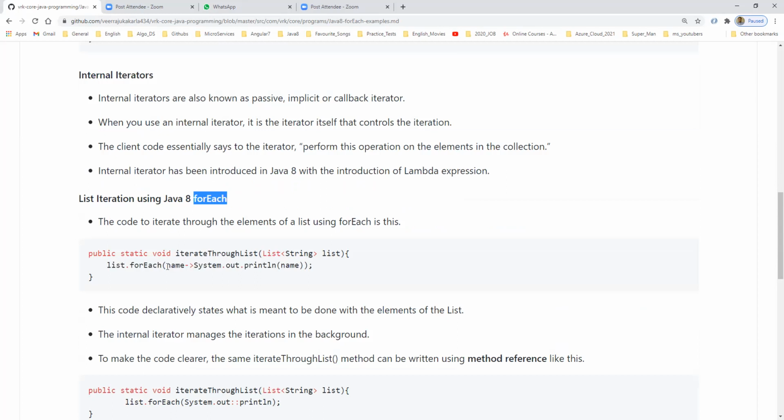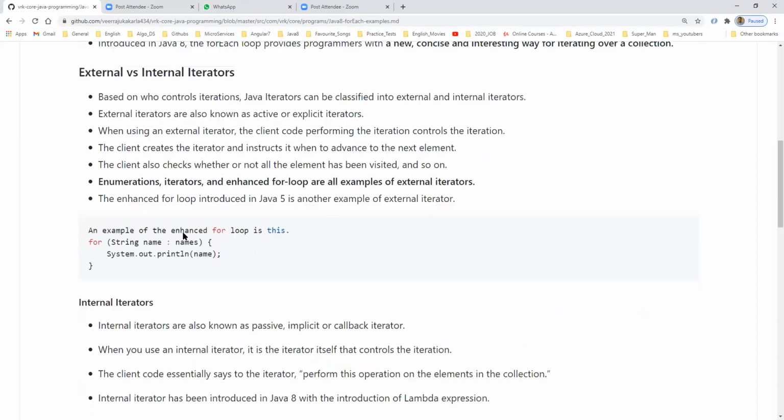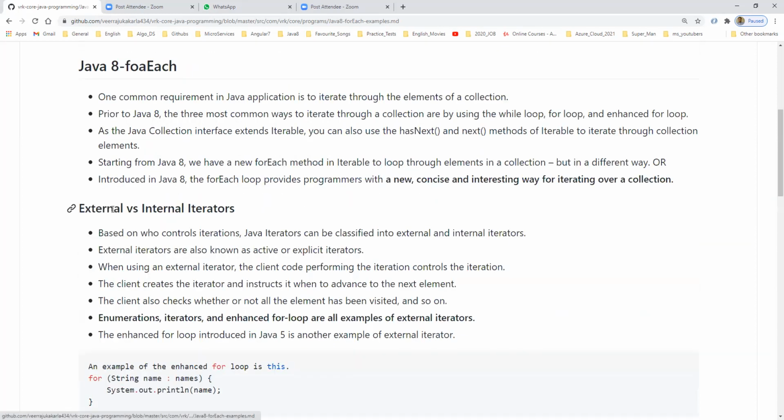The iterator controls itself, so we do not need to check extra conditions here. This is an internal iterator example using forEach. After Java 8, forEach is an internal iterator, and before Java 8 we call it an external iterator. That is the difference between internal and external iterators.